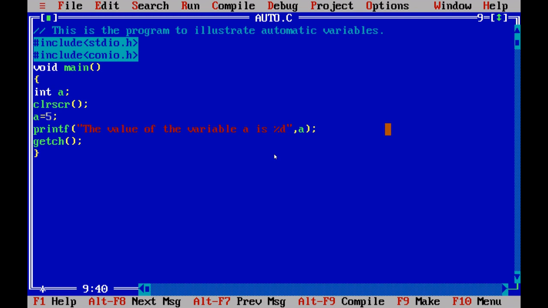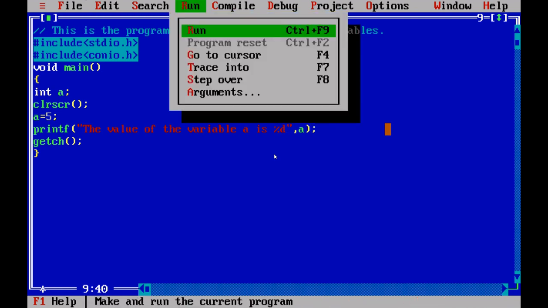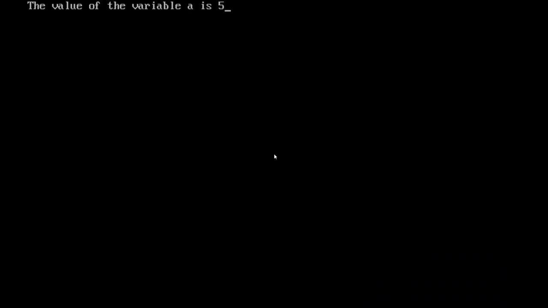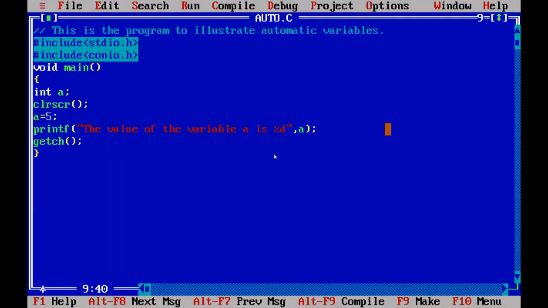Okay, so now you just see here, I'm running it once again. The value of the variable a is 5. Now the thing we have to check is whether the value of the variable a is stored in the memory locations or else in the register.